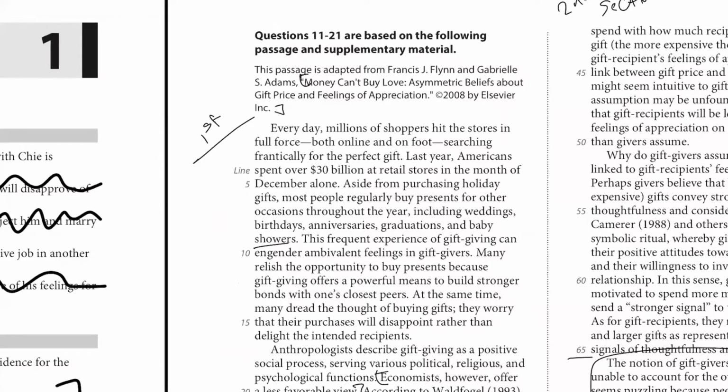So, every day, millions of shoppers hit the stores in full force. Every day signals regularity, right? It signals frequency, that it happens a lot of times, both online and on foot. So they do it on different platforms. They do it a lot, right? Last year, Americans bought a lot of stuff from retail stores. Aside from purchasing holiday gifts, most people regularly buy presents for other occasions throughout the year, including weddings, birthdays, anniversaries,